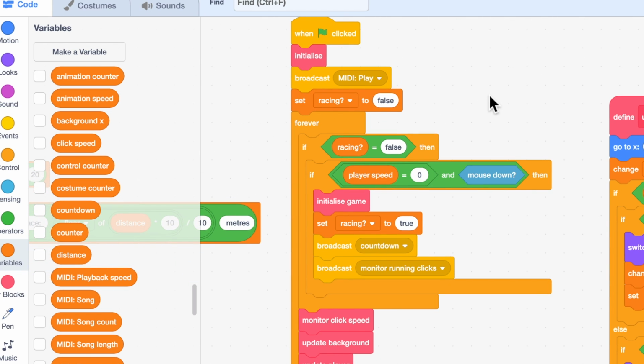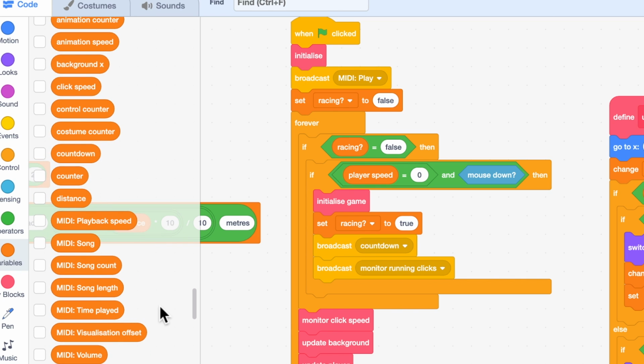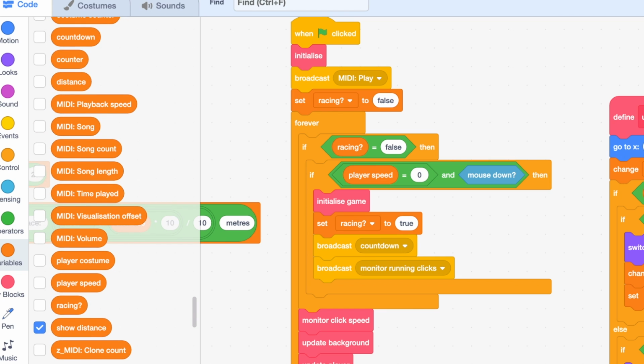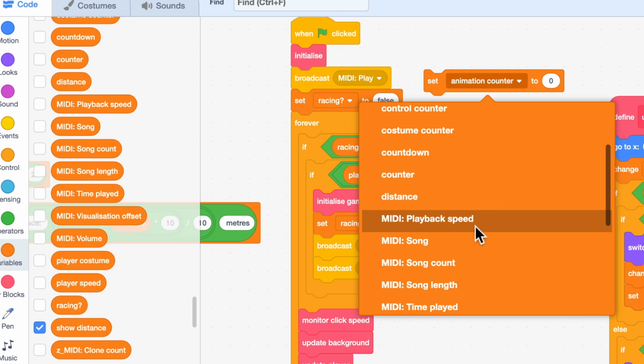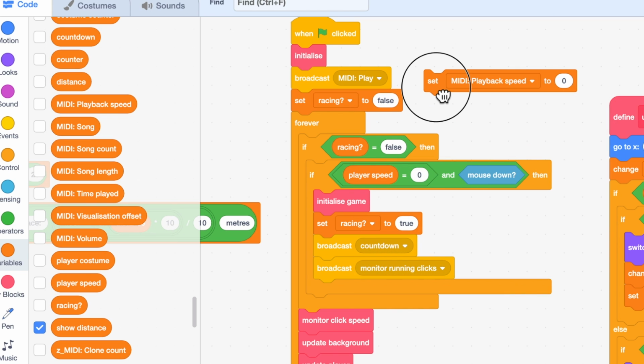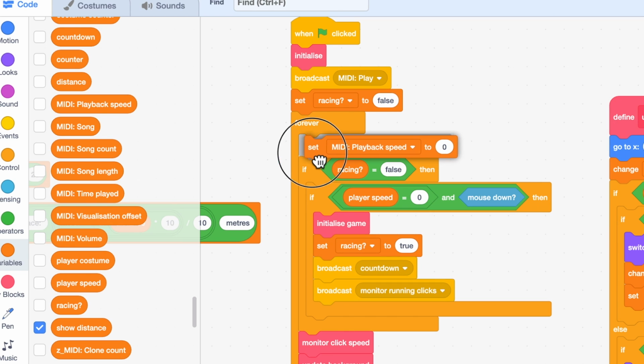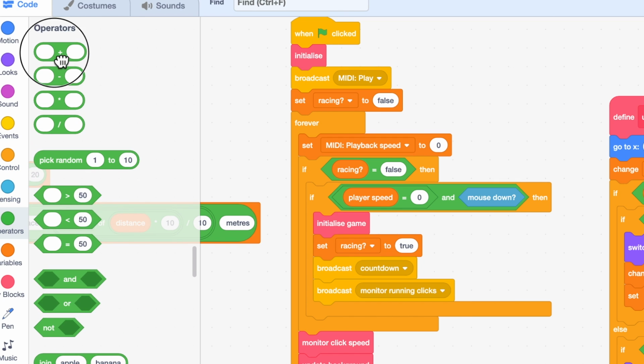But there's something we can do with this MIDI that we couldn't do with a normal sound effect, and that is change the playback speed, which is the one variable I didn't really look at. So if playback speed is just set to 1, then the music will play at its normal speed. But I'm going to put this in just at the beginning of the forever loop, and I'm going to set it to a value of 0.5,